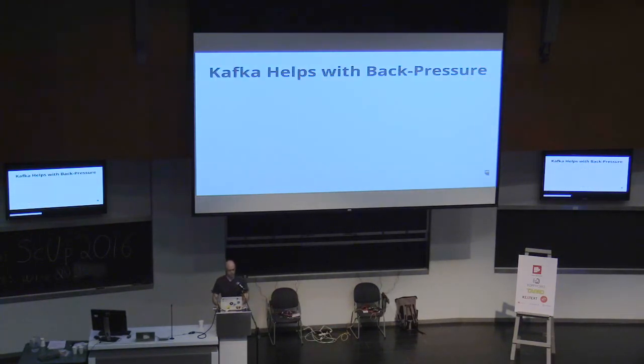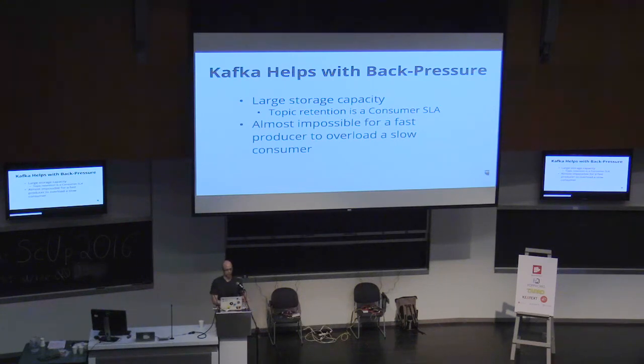Kafka also helps with back pressure. Since it's this massive data storage, it kind of allows an almost unlimited data sink for your messages. And the per-topic retention period sort of acts as a service level agreement for consumers. A given consumer has to consume messages within that period of time to avoid losing anything. For example, a high volume topic of ephemeral data might have a really short retention period. This way it's almost impossible for a fast producer to outpace a slow consumer. And this allows you to do real-time as well as batch consumers. So you could have a consumer that's consuming messages as soon as they come in, or you could have an analytics consumer that runs once a day that just does massive batch jobs on all the data that was stored.